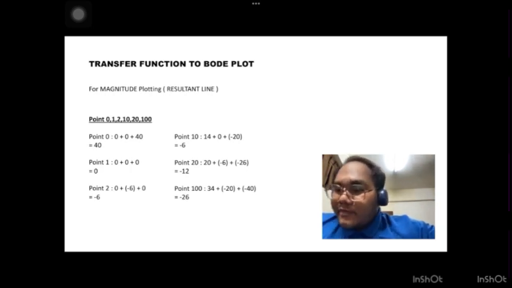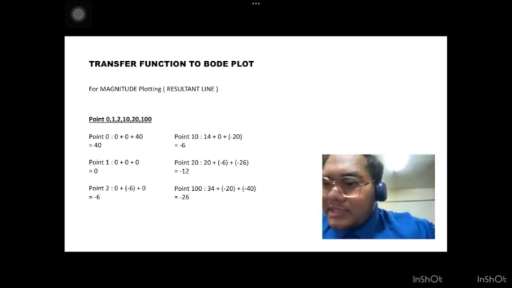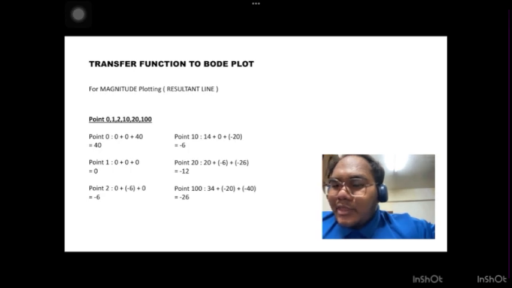Then for 0.10, we can see there are 2 points, which are 14 and negative 20, resulting in the resultant line point being plotted at negative 6. And for 0.20, there are 3 points, resulting in 20 plus negative 6 plus negative 26, which brings down the value to negative 12, and negative 12 is the value that we need to plot to complete our resultant